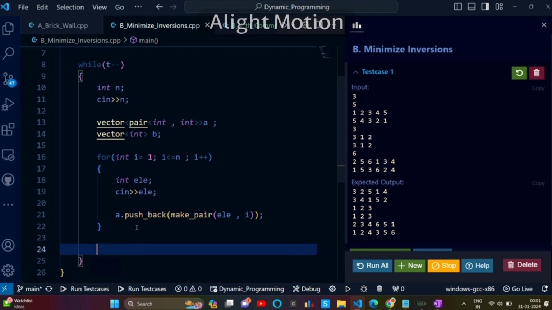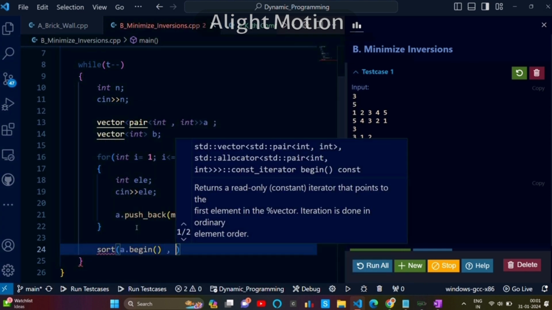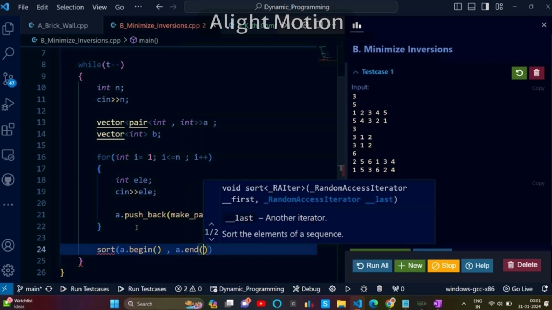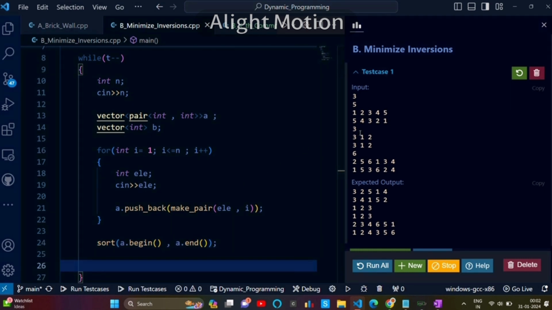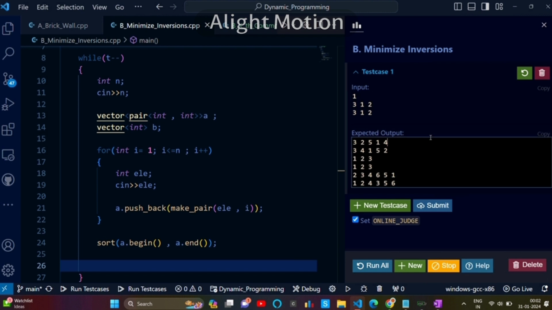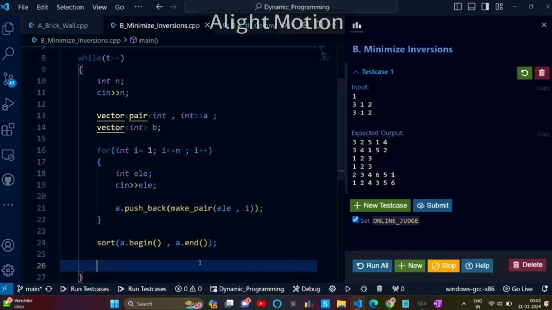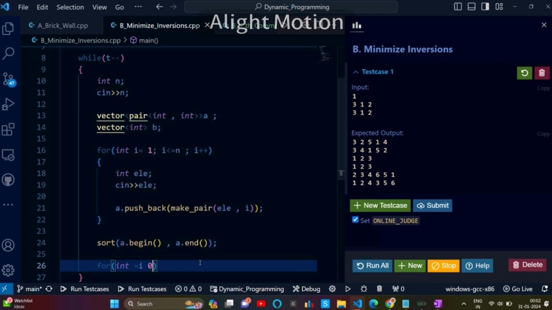Now I got the A. What I will do, I will sort A. Now I got the indexes showing where the positions have been changed, right? Let me explain using only this case. Let's remove everything. Okay. Now if I print a vector,